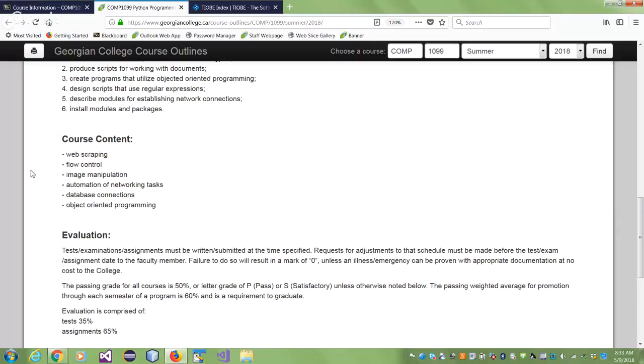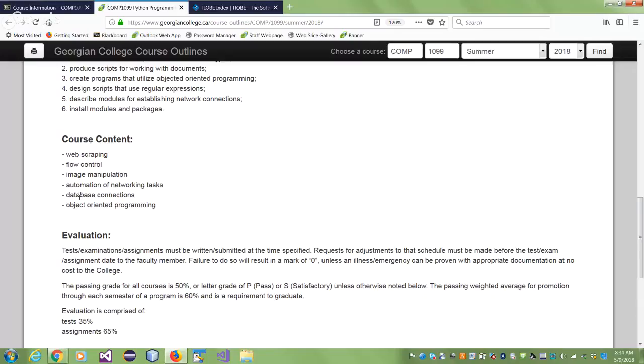Image manipulation, because images are everywhere. How do you manipulate them using Python? We will learn that. Automation of networking tasks. That's one of your main course contents that you should know how to automate them. So automate means changing it from manual to automatic, right? So yes, people do lose their jobs, but that doesn't mean that there are no new jobs. So new jobs are created, so people learn to automate things so that they don't have to do it manually. It improves efficiency and it makes work easier and better. So the same job can be done in 1 minute, a job that was taking an hour to do. So that's what automation is.